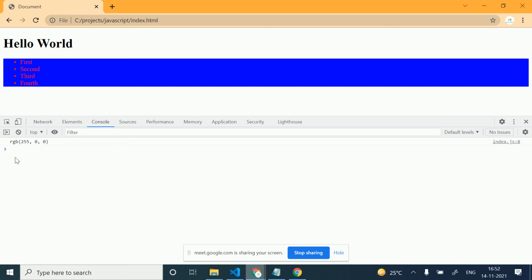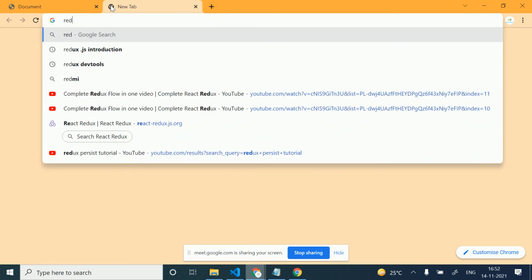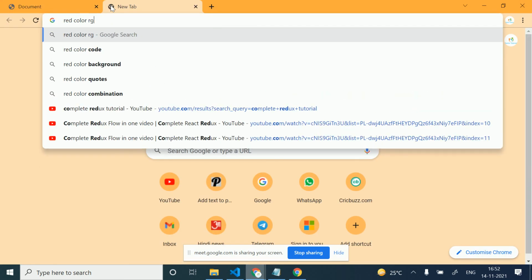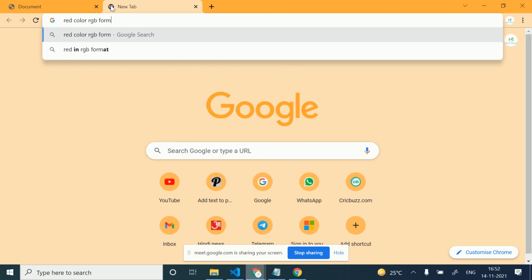We have it in RGB form. This is blue, 255, 0, 0. No, this is not blue, this is red. We can check red color in RGB form.